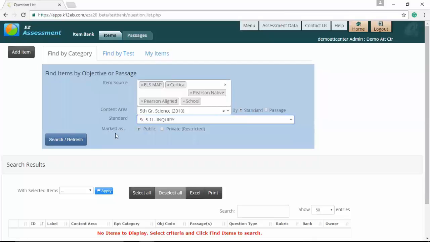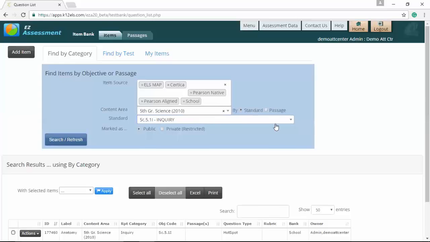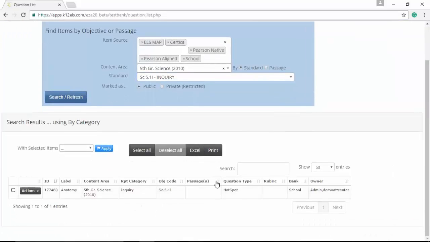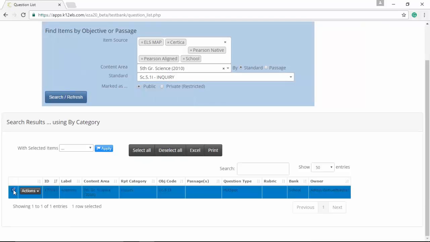You'll notice here where it says marked as public or private. I'll show you what that means in just a second. Here's the item. This is the only item that's in that particular objective because it's not a real objective, I don't think. That's just something that's added as a placeholder. You'll notice also next to this item is a checkbox. If we put a check in the box, then we click where it says with selected, we can mark this